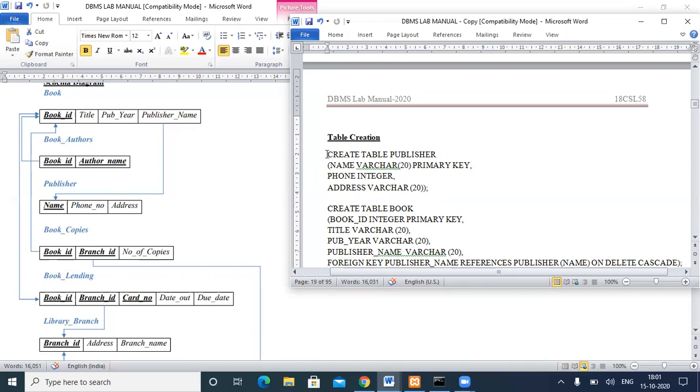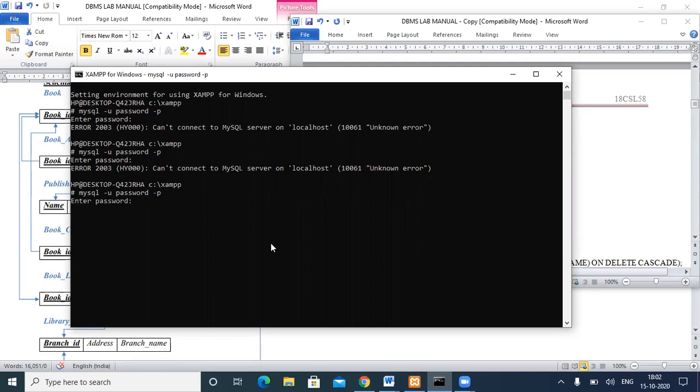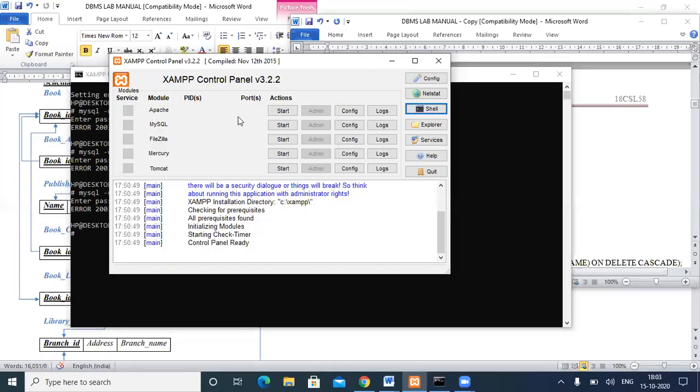So let's see how to create this publisher table. Here I forgot to start the MySQL server, so it was showing an error.